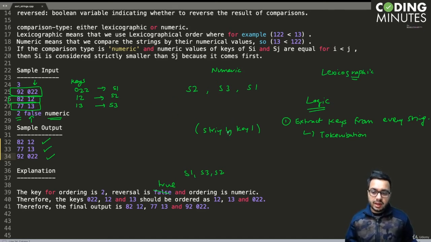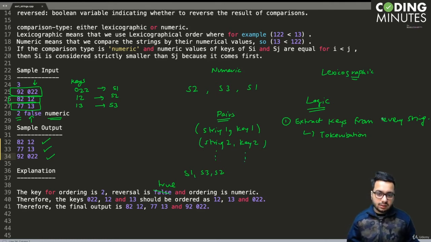One option is every time you make a comparison, you extract the key, but that is going to be a time consuming operation. So we will store all the keys along with the string. We will generate pairs, string 2 mapped with key 2, string 3 mapped with key 3 and so on. We will extract all the keys and store them.